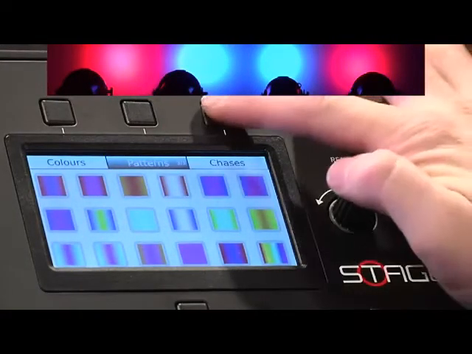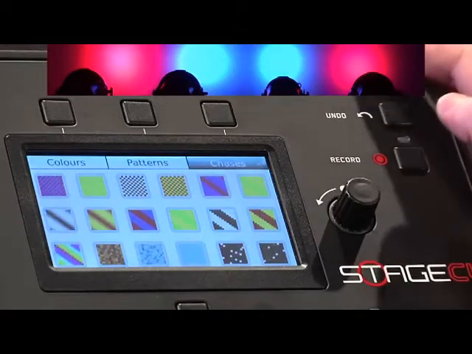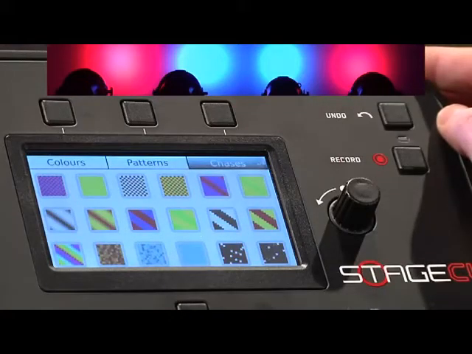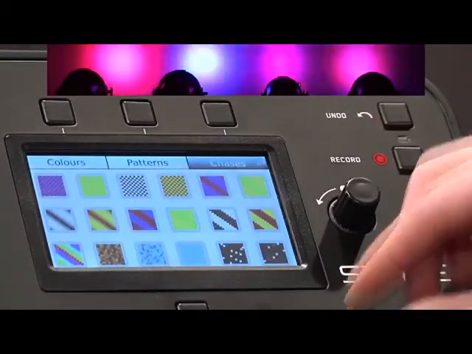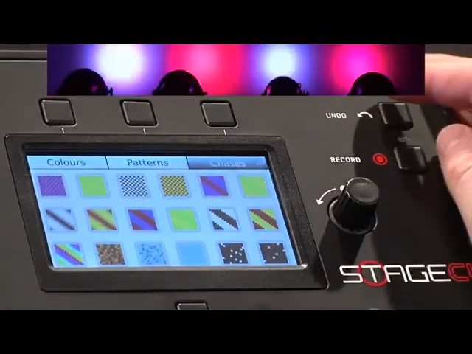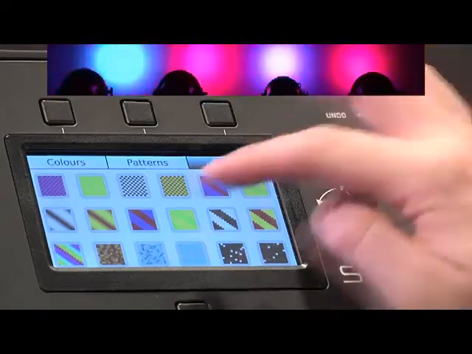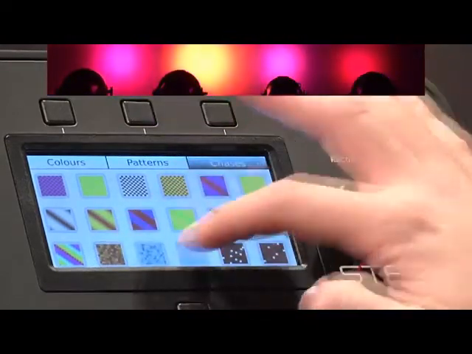On the Chases tab, there are 4 pages that are similar to the patterns, but these ones are animated. So when you tap one of the buttons, the colours chase across your lights. There's a bunch of colour chases and some specials, including a flame effect, a rain effect, a rainbow and a